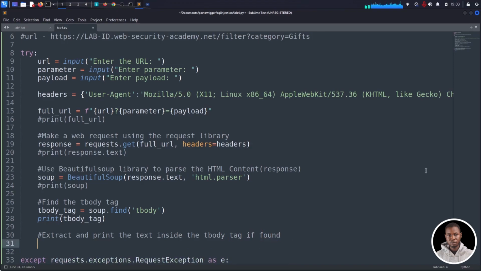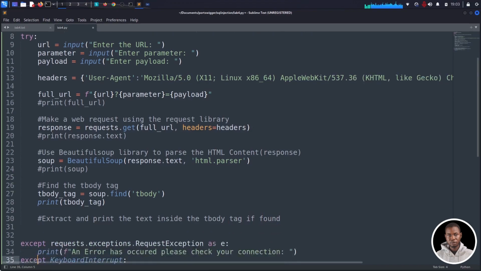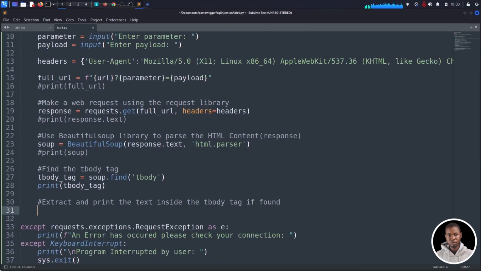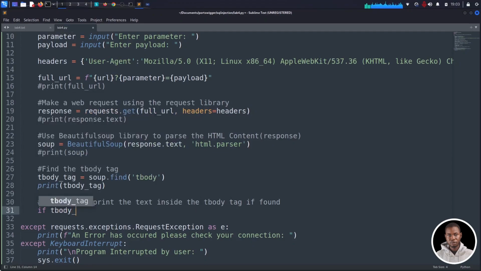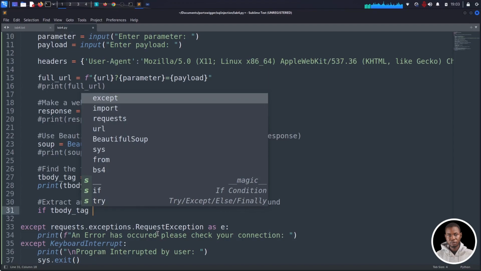In a situation whereby we're not able to find it, it should be a customized message for that. So what we're going to do is issue the command if tbody_tag is equals to,